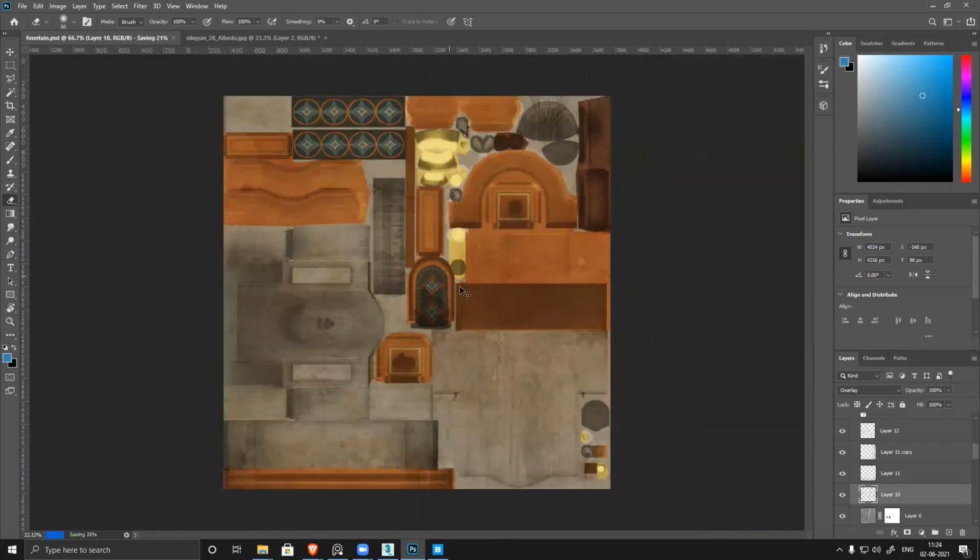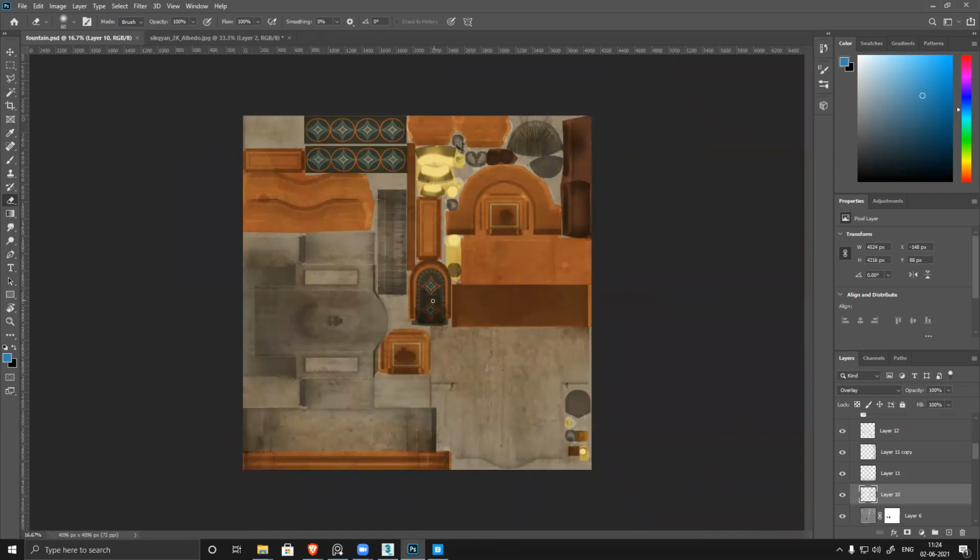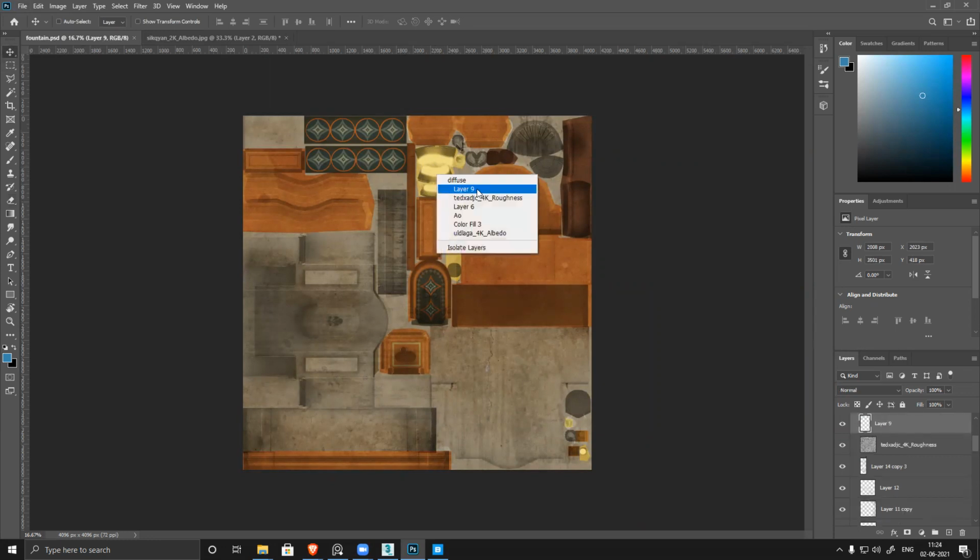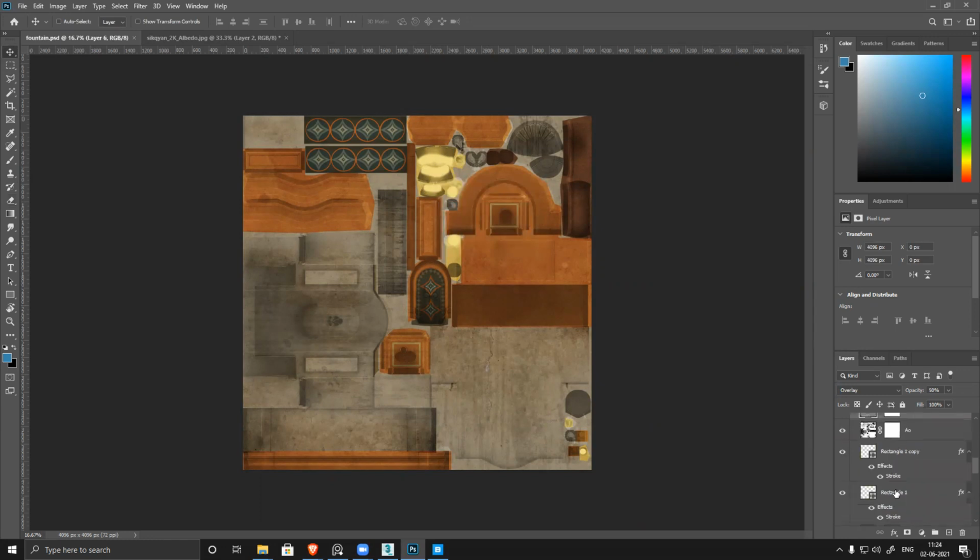Save. Okay. Now, once I create all this, plus this looks super bright. Right click. Where is the bright color? Yeah, this one. Super bright.